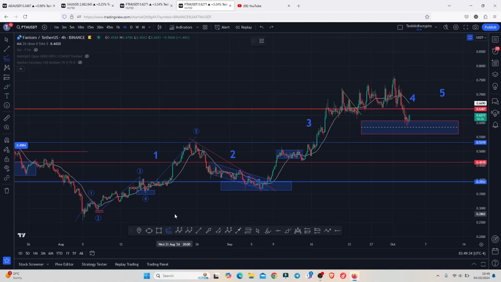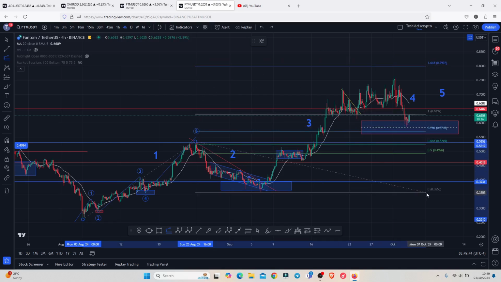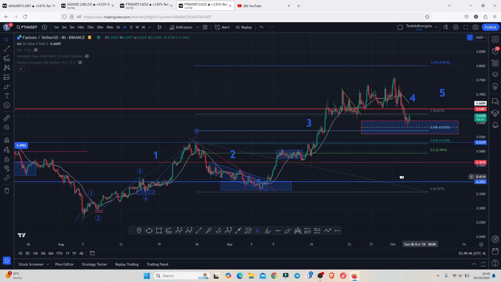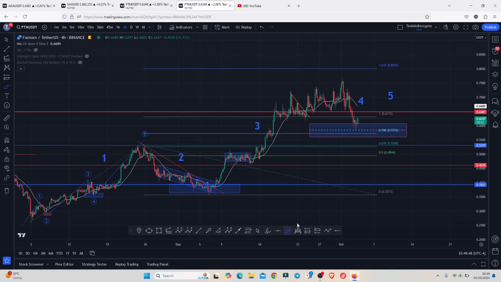upside in an Elliot wave count 3 whose minimum target areas we almost fully maximized, and the target areas were given by connecting the trend-based Fibonacci from the low of the first wave to the high of this Elliot wave count 1, then dragging the fibs to the low of the second wave, giving me a minimum target area at the fib level 1.618, and that is above the 0.801,